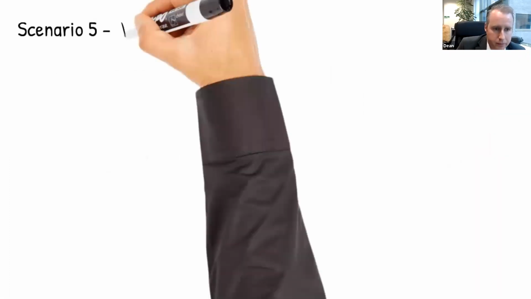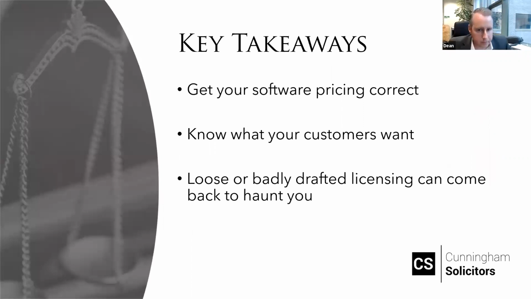Okay, so key takeaways. When talking about software licensing, we're essentially talking about exploiting the IP in the software, right? So we're really talking about selling a product. Therefore, it's important to set the pricing correctly from the very beginning. It can be very difficult to pull back a price point once you've gone to the market with a particular price. So equally, get to know what your target market is looking for from a B2C perspective.